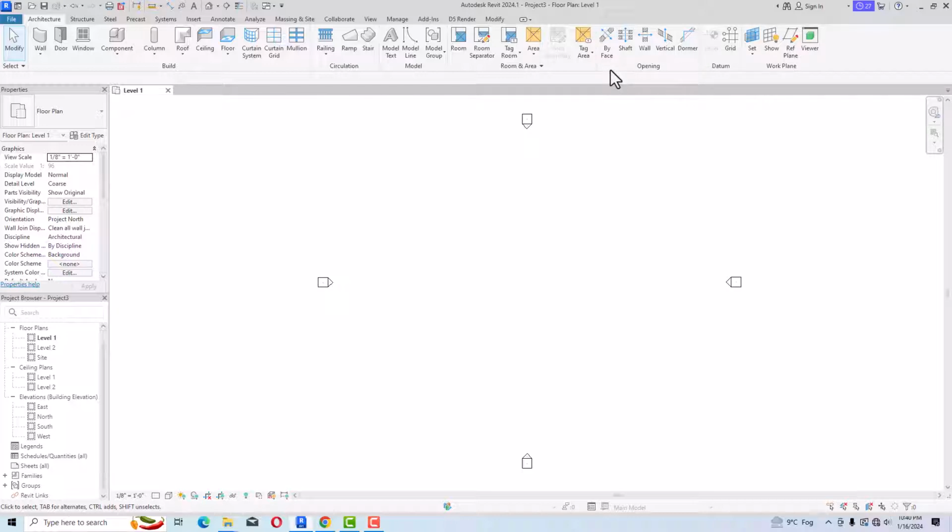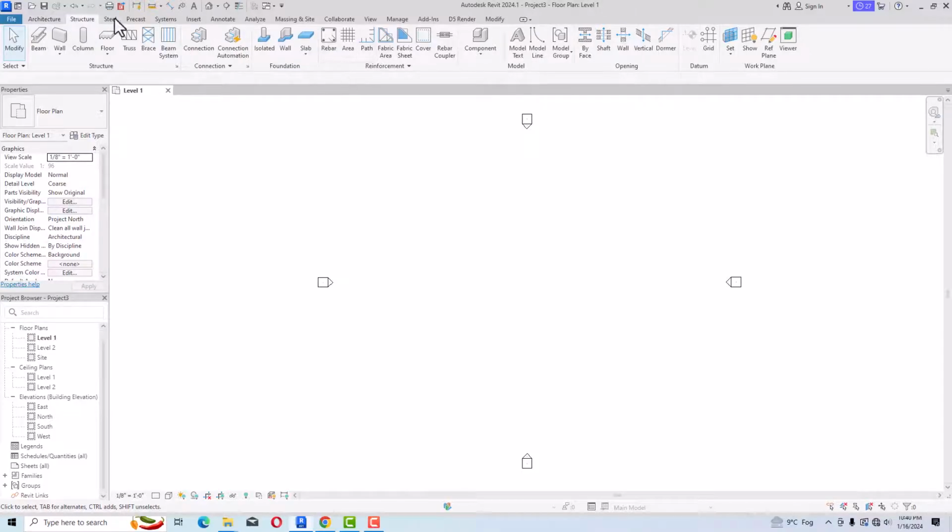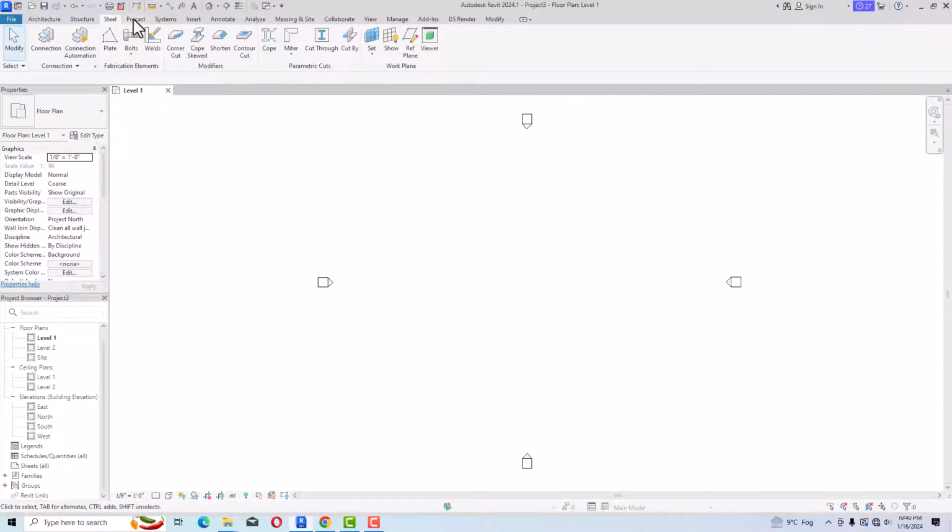And you can also create openings by face, shaft, wall, vertical, and dormer. I will teach one by one in this beginners tutorial series. In Revit 2024, you can create levels and grids using this datum, and you can also create a work plane and pick up a plane, and you can also show and hide your work plane. So these are all the basics of